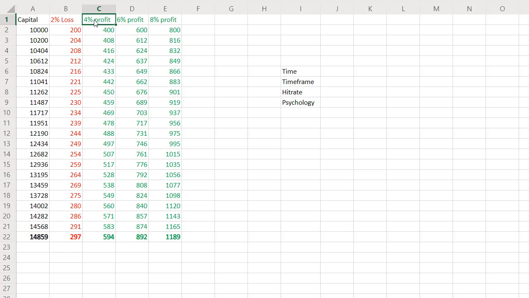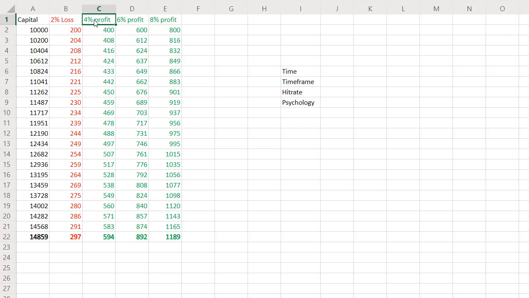So your position size can never be the same size, because it depends on where you get into the market. The position size is determined by where you place your stop. That's where your entry is, and the distance between the two should determine your lot size, because at the end of the day, if your stop loss gets hit, just 2% of your total trading account should be your loss.